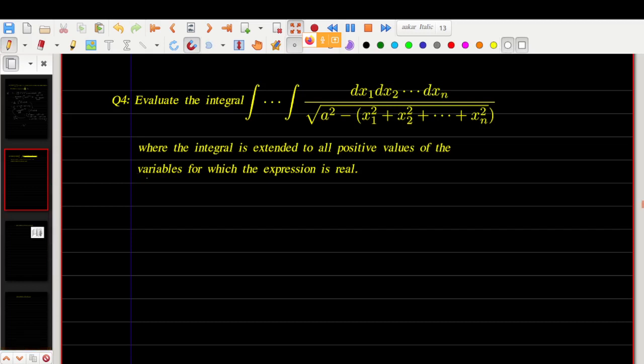So the variables are xi, and this is real. So in order to be this real,